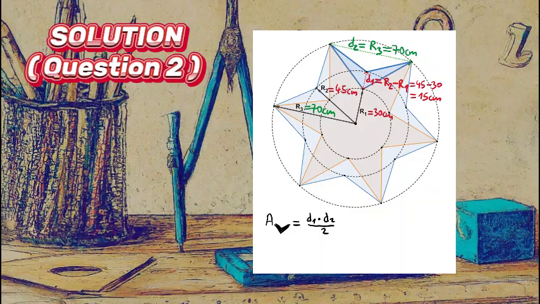Plugging in the numbers, that gives 15 times 70 all over 2 equals 525 square centimeters. And since there are 6 dots, the total area of the blue pattern is 6 times 525